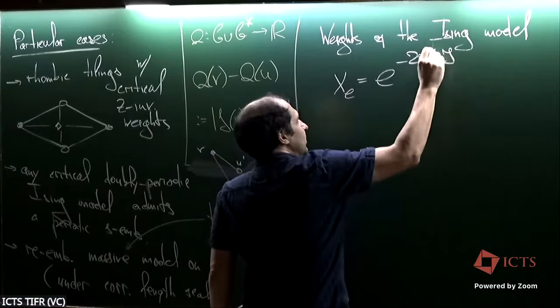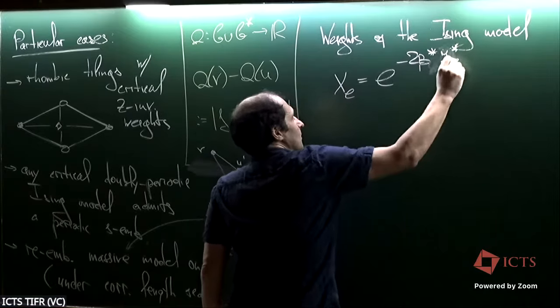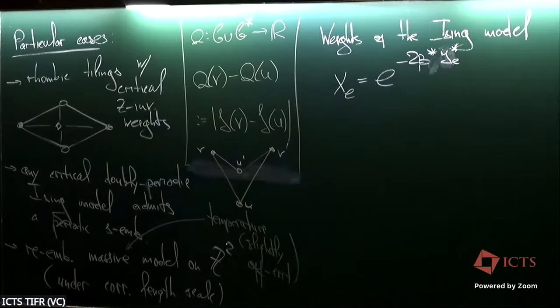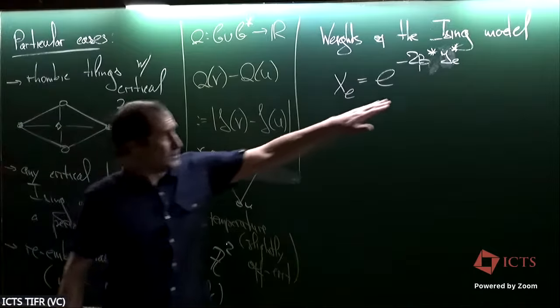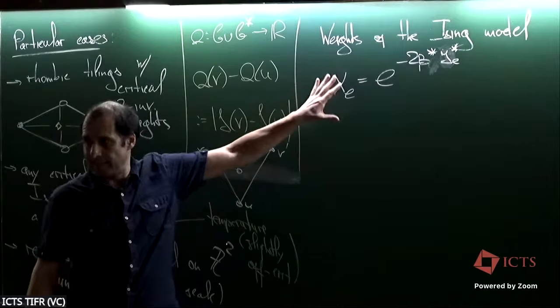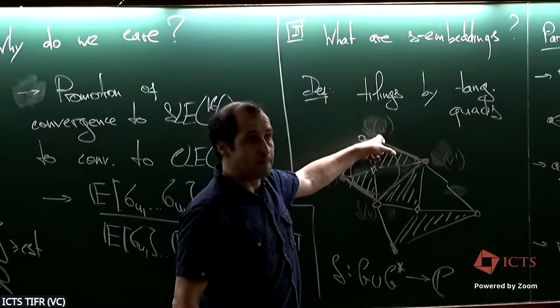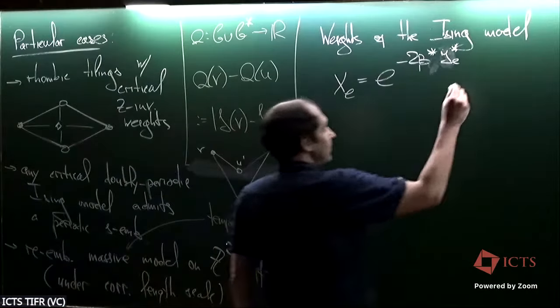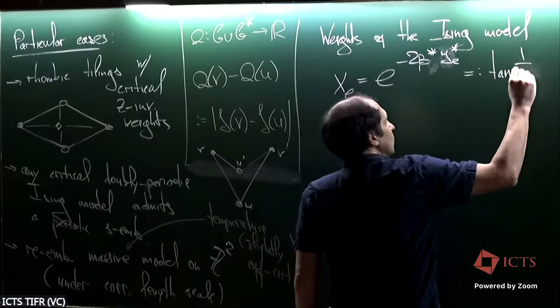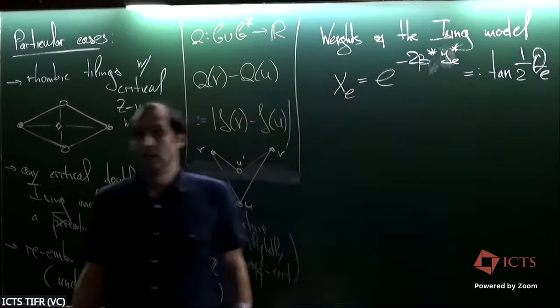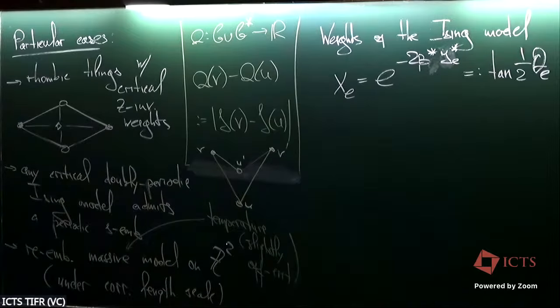I prefer to work with spins sitting on faces of the graph rather than on vertices of the graph. So in more standard terminology with classical interaction constants, that's the rule. That's the price to pay for two different spins at u and u prime being disaligned. Okay? And I use parameterization tangent 1/2 theta e for these guys. I'll comment in a second on this rhombic tilings example. So let me proceed with the definition.